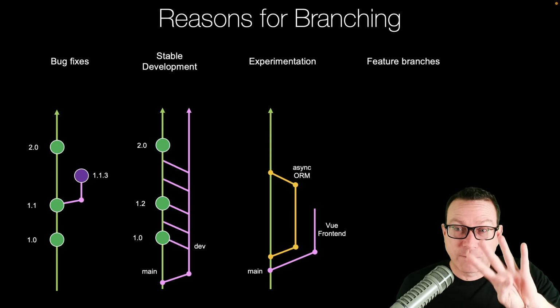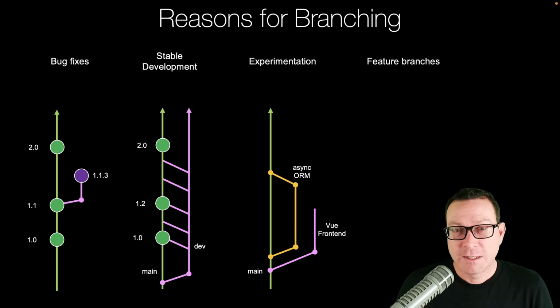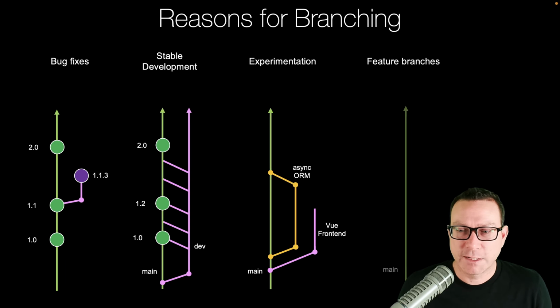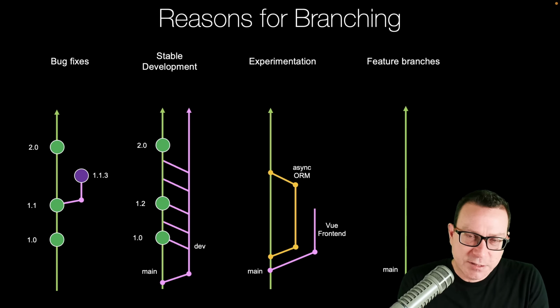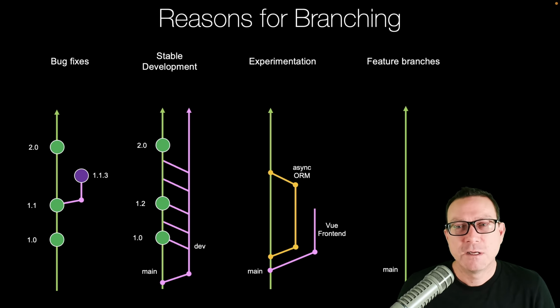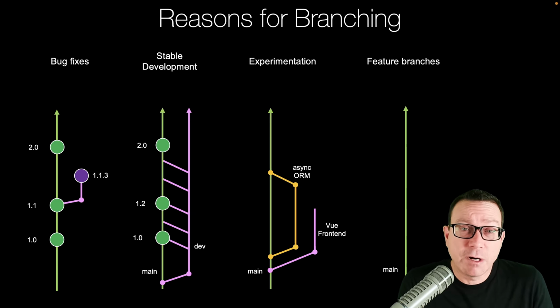Reason for branching number 4 are feature branches. Feature branches are somewhat like this experimentation story. They look a little bit similar. Again, we have our main branch, but it's a little more focused and controlled. You know that you're committing to do this feature. You know that maybe even it's just a bug fix, but you want to have a very clear line of